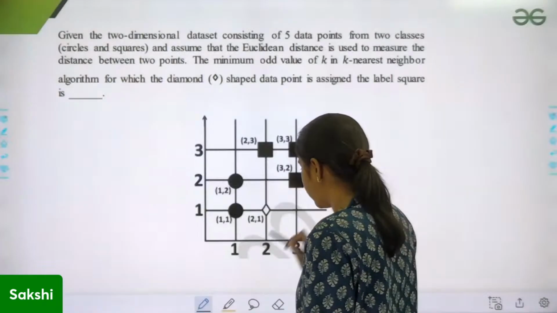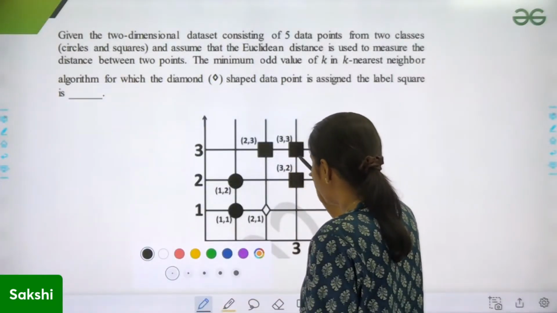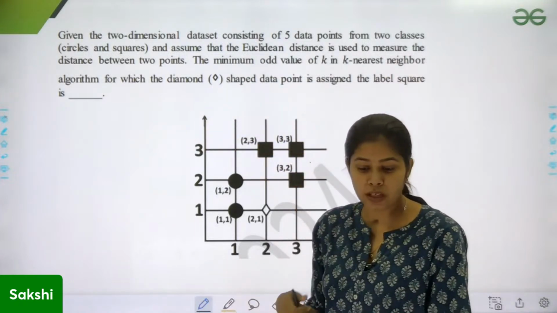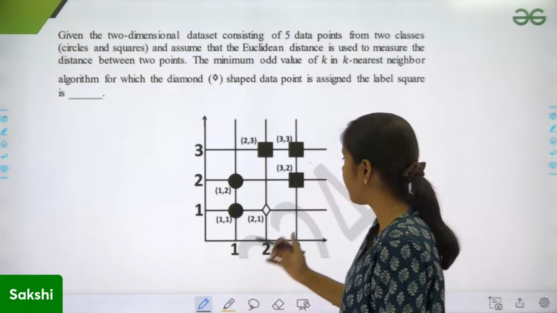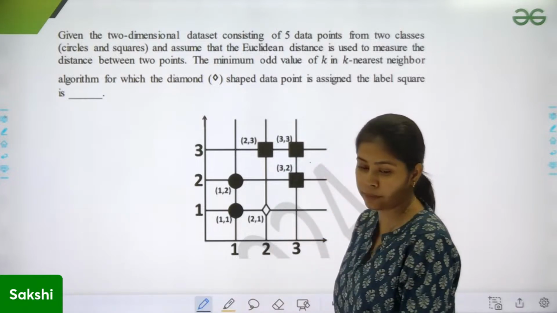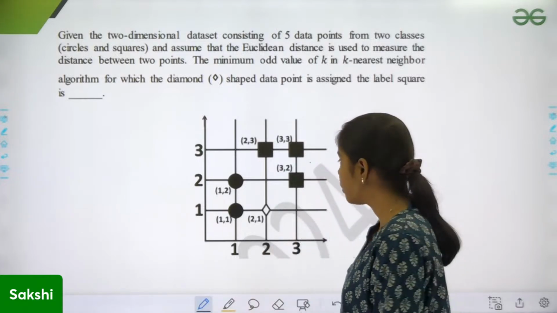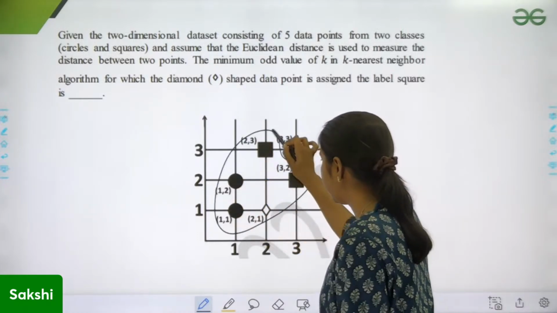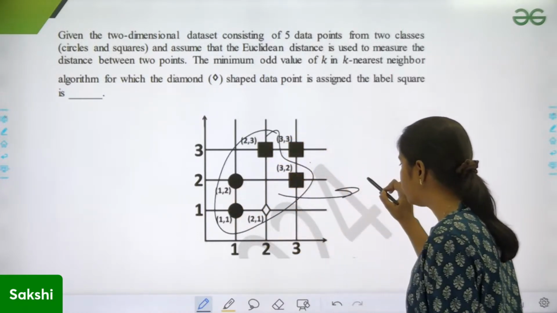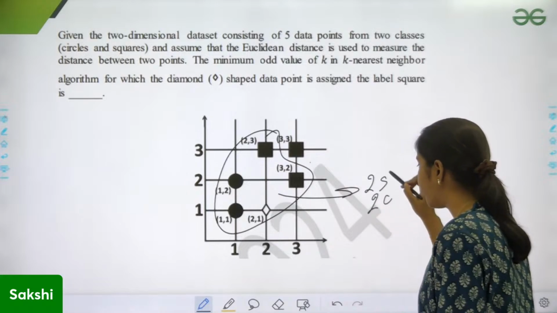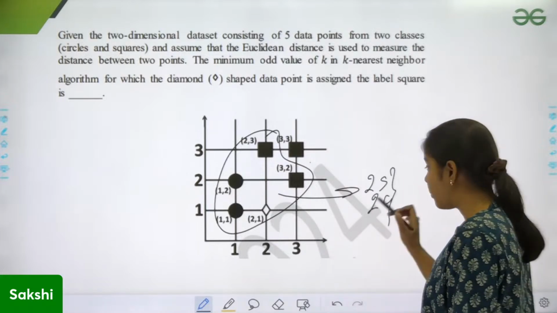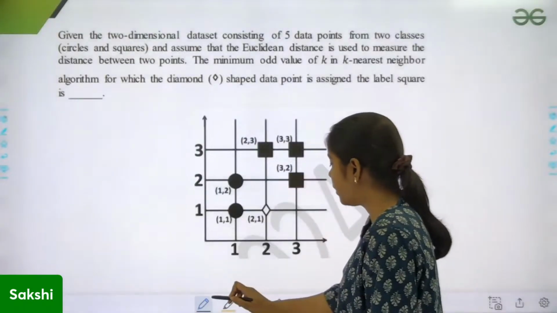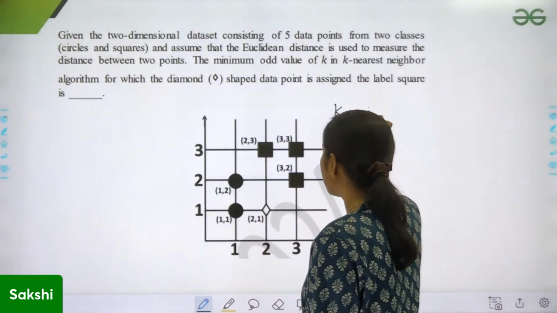चलो 4 पॉइंट्स ले लिए, क्योंकि मिनिमम से शुरू करो, क्योंकि ये बोल रहे हैं मिनिमम ऑड वैल्यू ऑफ के क्या चाहिए तुम्हें। तो मैंने के को 4 लिया। स्क्वायर रूट ऑफ एन कैसे काम करेगा यहाँ पे, के को 4 लो। अभी 4 लेंगे तो ये चारों पॉइंट्स आ जाएंगे। अब ये चारों पॉइंट्स आए तो 2 स्क्वायर हैं, 2 सर्कल हैं, अभी भी क्लासिफाई नहीं हुए, क्योंकि मैं क्लासिफाई नहीं कर पा रही हूँ, स्क्वायर डालूं, इसको सर्कल डालूं, तो वो भी नहीं हुआ। फिर मैं क्या करूँ, के को 5 ले लो।